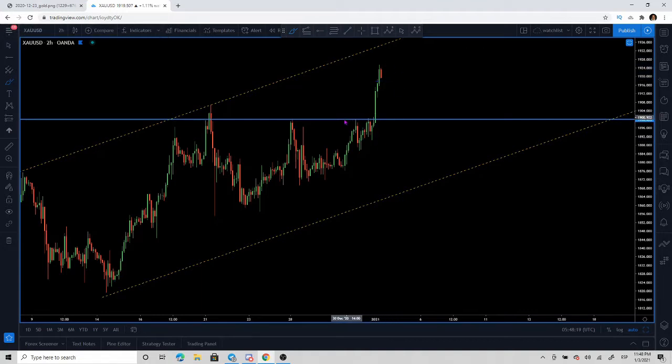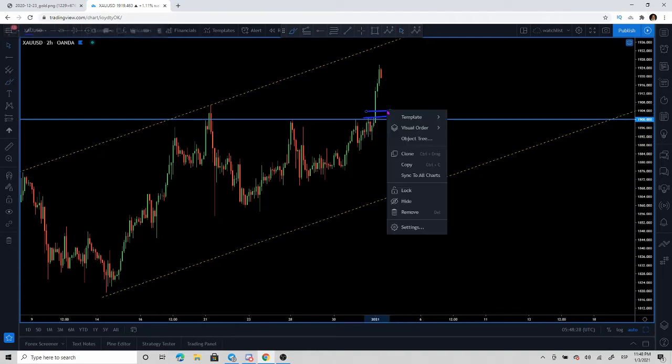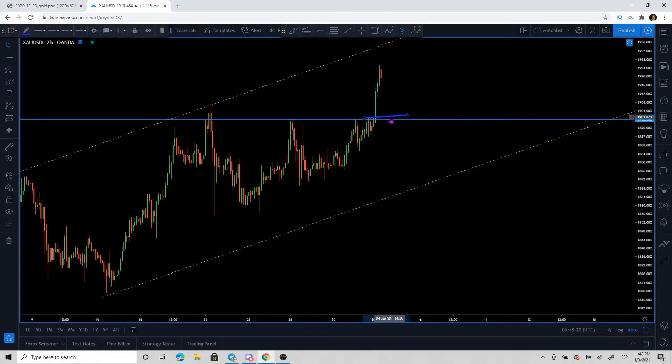This only means that after bulls managed to swipe all the sell orders that were placed here, right? Because this is what happens on breakouts, right? Sellers are placed or were placed around the 1900, and the reason that we had those rejections in the past is because bulls were unable to swipe all the sell orders that were placed here, and sellers took control of